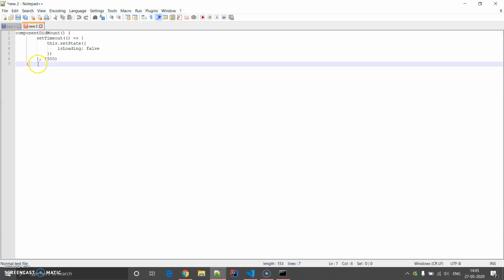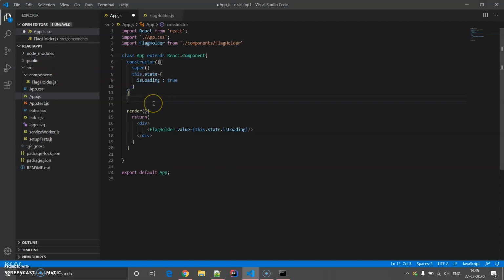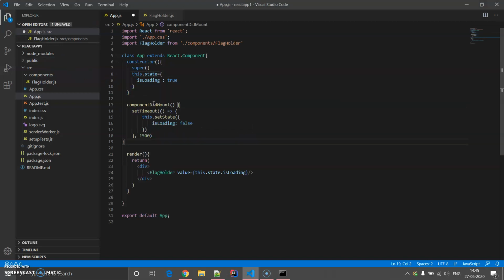Let me copy this part of code which I have written. Here comes into play the concept of the React lifecycle method, componentDidMount. Whenever this App component is mounted, a setTimeout method will be invoked, let me adjust it, say for 2000 milliseconds, that means 2 seconds.